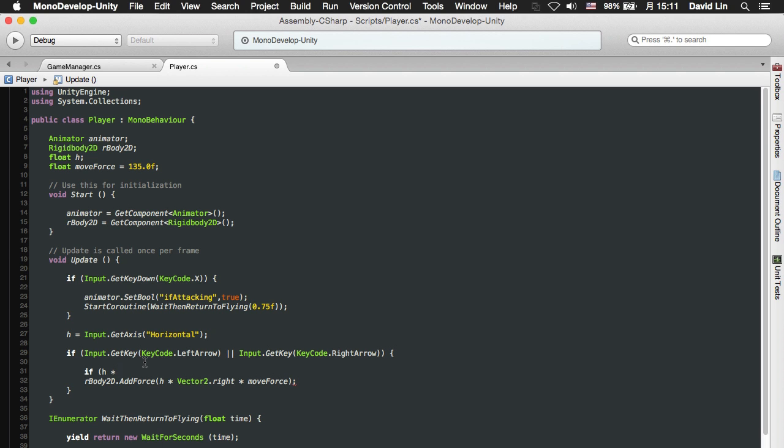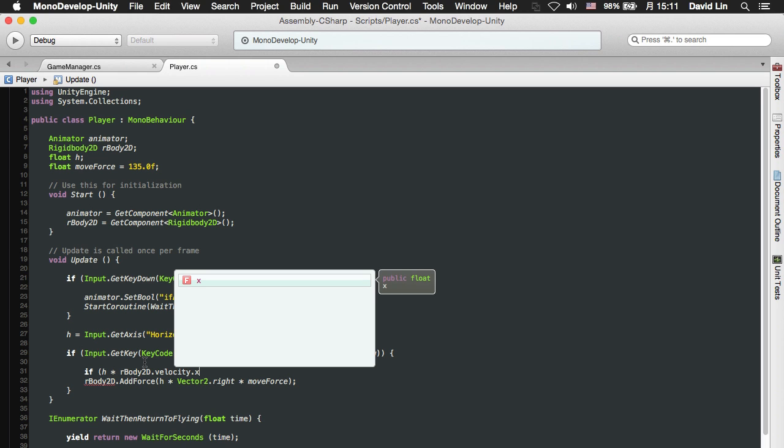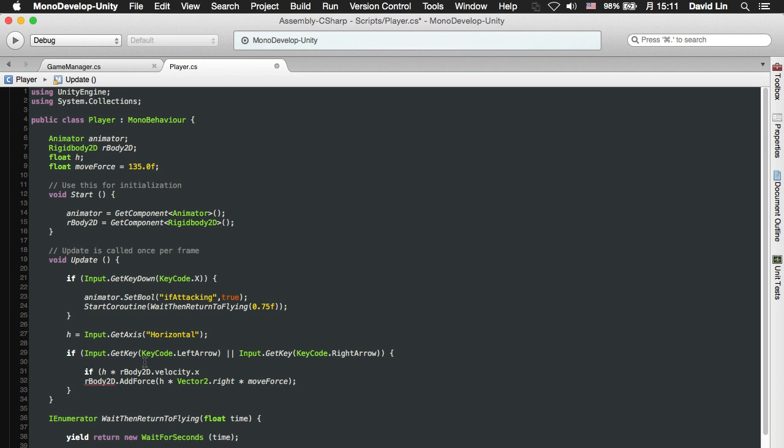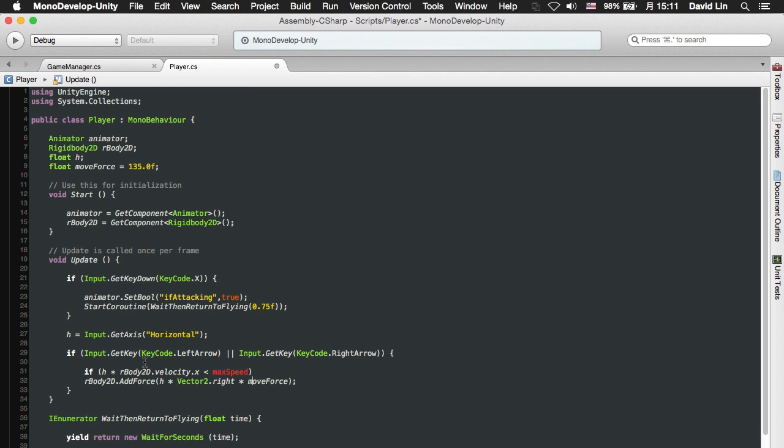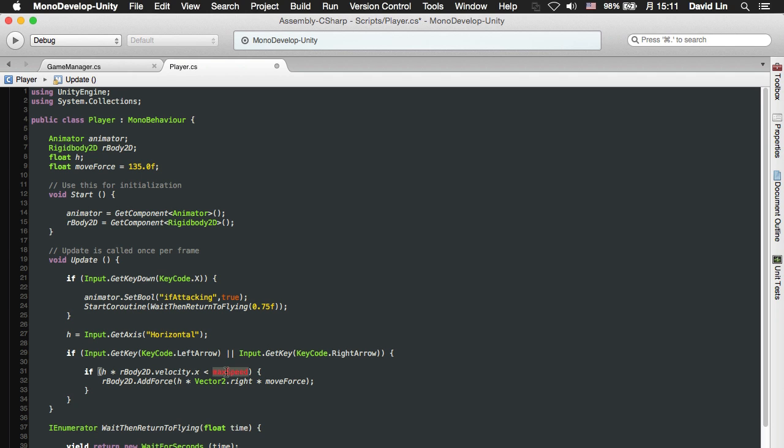So if h times rigidbody2D.velocity.x, which is left or right, is less than max speed, then we add the force. Of course we have not created max speed yet, which is why it changed to red color,